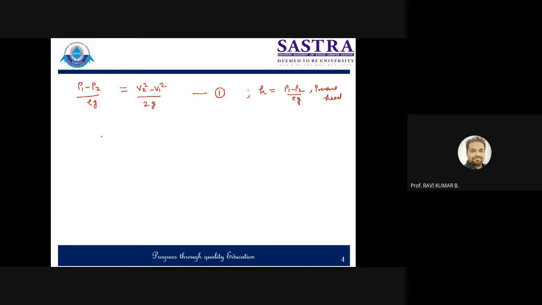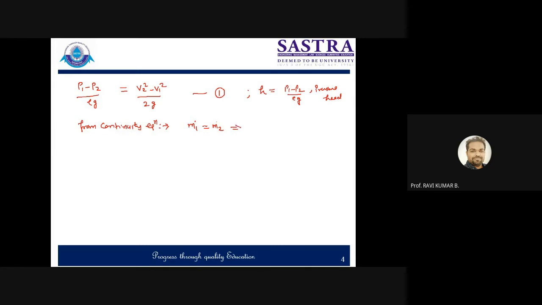Now, as flow is happening, it must satisfy the continuity equation, because the continuity equation is the must criterion for any kind of flow to happen. So from the continuity equation, I am emphasizing this word again: if flow is there, it must satisfy the continuity equation. It is a must condition, not a should condition. We cannot avoid the continuity equation. So we can say the mass flow rate at 1 is equal to the mass flow rate at 2.